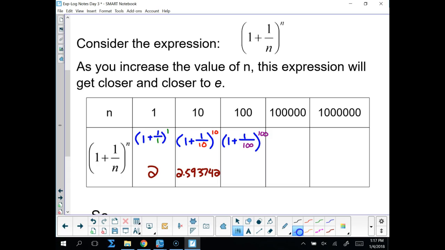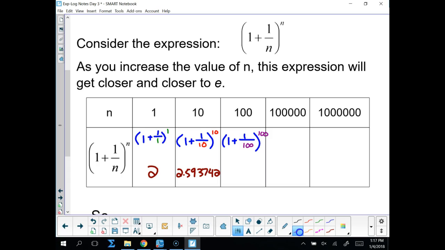Now, while you're calculating that, I will say, if this were my bank account, I'd rather have $2.59 than just $2 after the bank figures out the interest. So that's pretty cool. 1 divided by 100 is 0.01, plus 1 is 1.01, to the 100th power